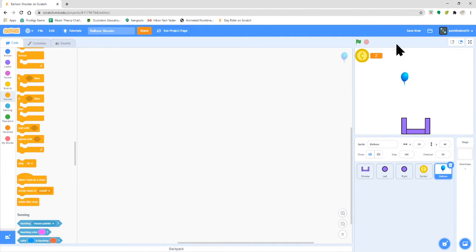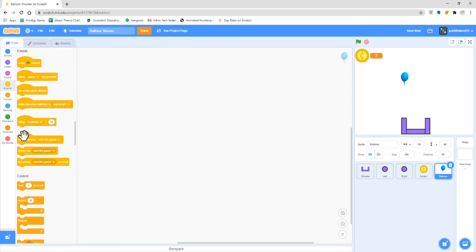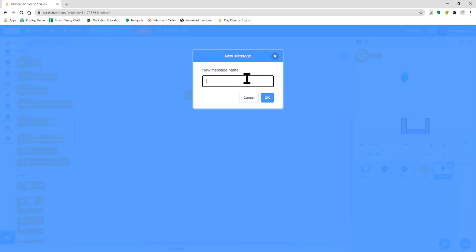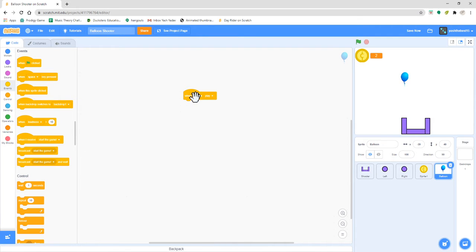First, we need to make clones of the balloons falling from the sky. So this is a really simple thing. All we need to do is use that same message that we used in last tutorial. You can check that out. I'm going to list it on the top right corner right there for tutorial 1 if you missed it. So when I receive play, or no, I already had a message. Never mind. When I receive start game, we can say